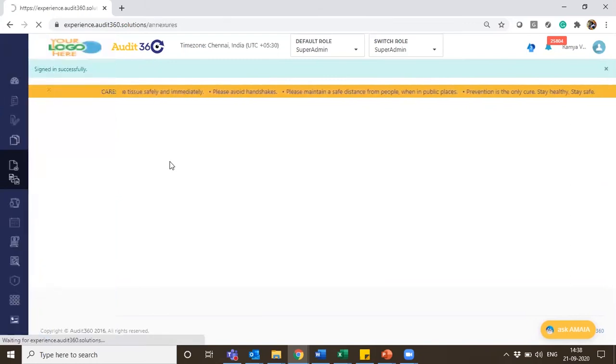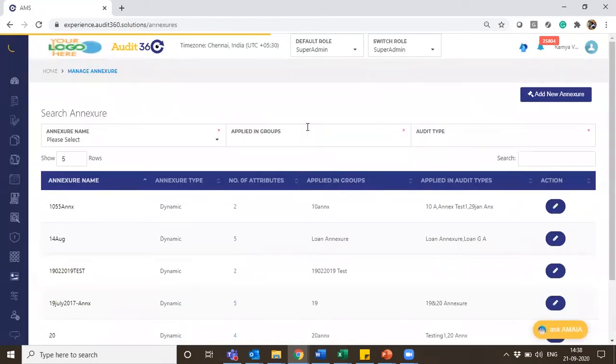So why do we do this process? Most of the time you may be thinking: why does an annexure have to be defined separately, where individual items are to be listed? Why do we have to keep an annexure as a separate sub audit and link it to the parent audit? Usually in the annexure, like I said, the same set of checkpoints would be verified at a different sample level. Similarly, a sample will also have reference data which has to be provided to the auditor to verify or to support the verification he would be doing at audit execution time.